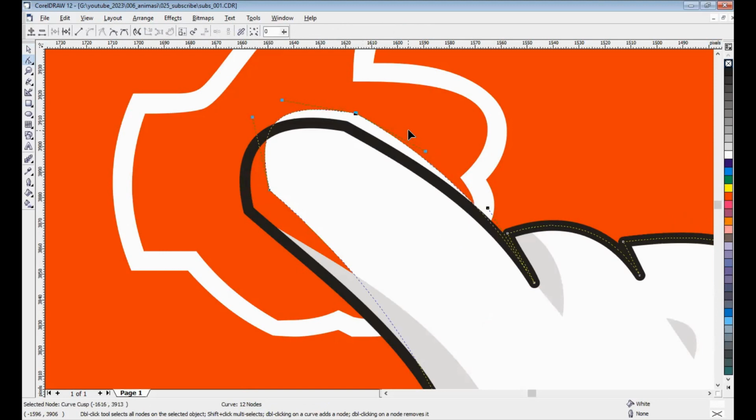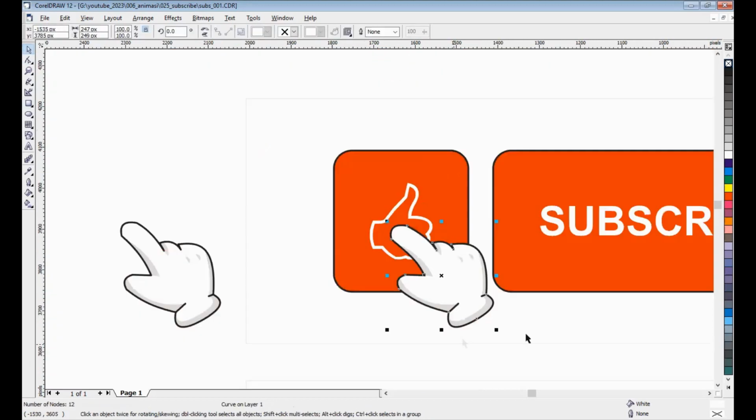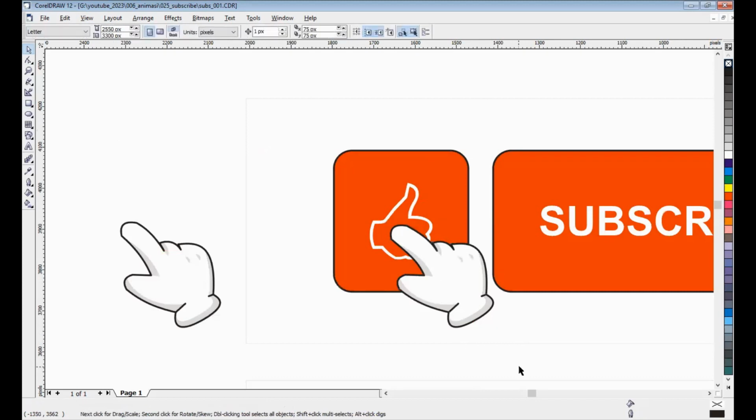Maybe change, and I forgot to move the node. Actually, now it's correct. That's it, and make a group again.